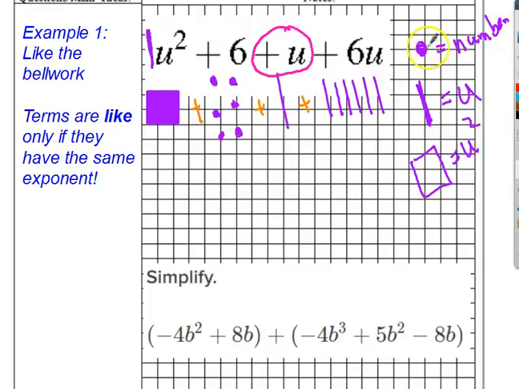So if I use a picture, a dot means a number, a line means a u, and a square for u squared, this is u squared. Then I have 1 square plus 6 dots, that's a dot because there's no u's, and then there's 1 line here and 6 lines here. Using this picture, I can see that I can only combine the plus u, because that's a line, with the other 6u because those are lines. I can't add the square to the dots because they don't have the same picture,